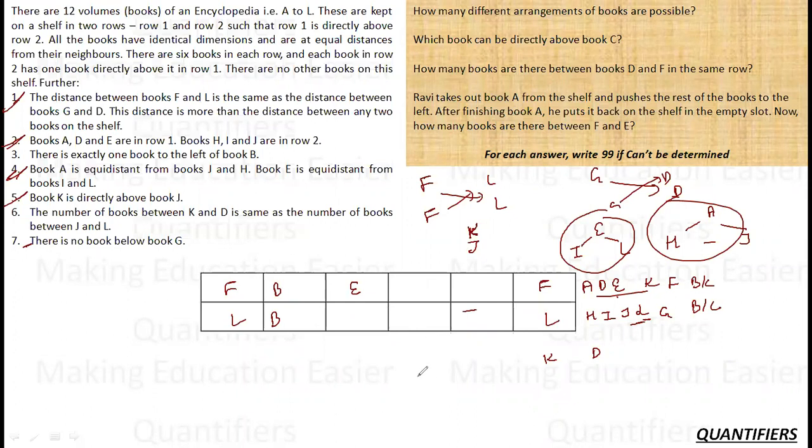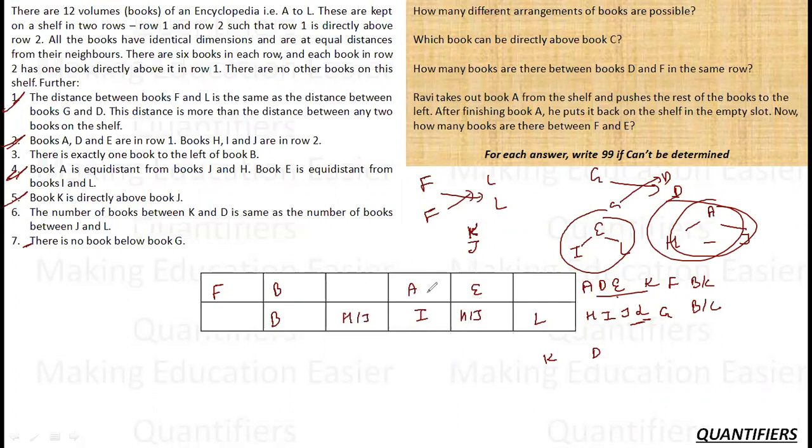Let us think that it is just here. Let me place L here. In this case, E will be here, and I will be here. Okay, this will be the case. Now I also have to place A, H, J. Where will they be placed? See, if L is here, F is here, diagonally opposite, so that is also sorted. And A will be here. H or J can be interchangeably here.